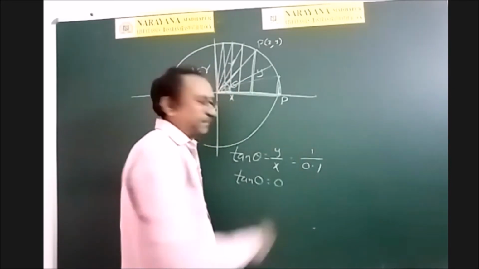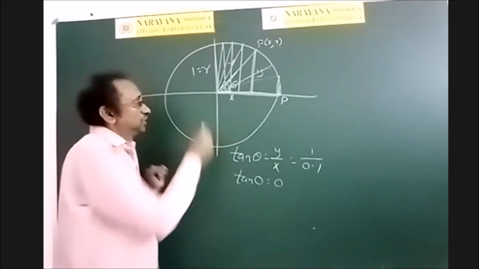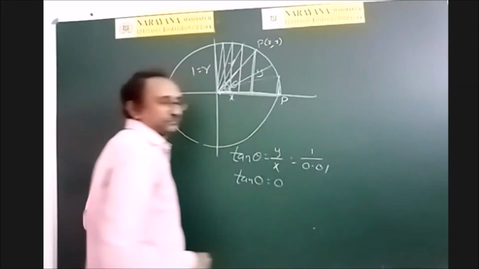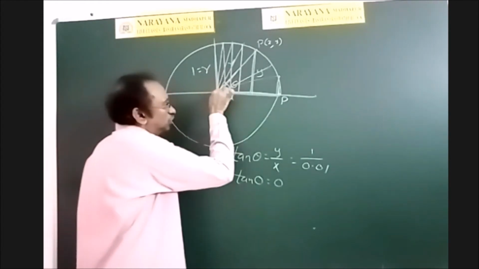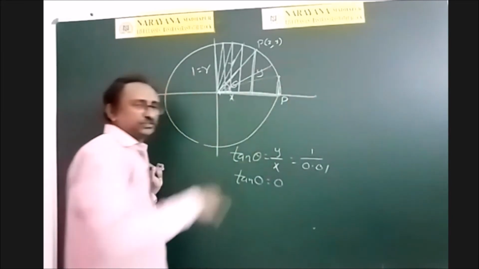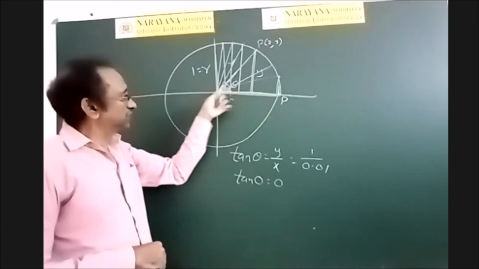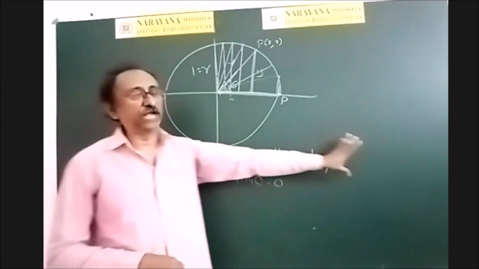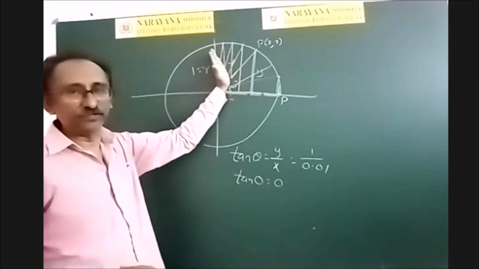Suppose even though you take maximum value, so 1 by 0.1, that is 10 you will get. If it is still closer to this, you will get 0.01, that is 1 by 0.01 means 100. If still closer to this, 0.00001, 1 by 0.00001 means 1 lakh. Therefore, as X tends to this, that means angle theta tends to 90 degrees, this ratio tends to infinity. So 0 to infinity in the first quadrant.